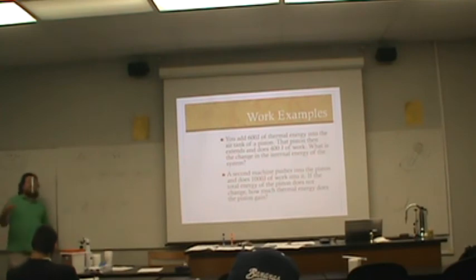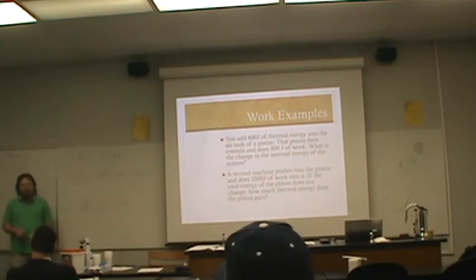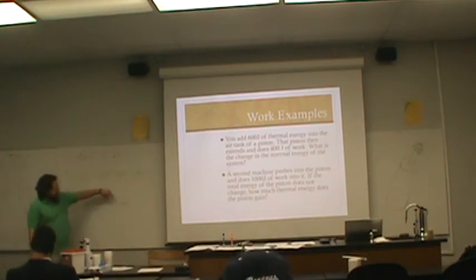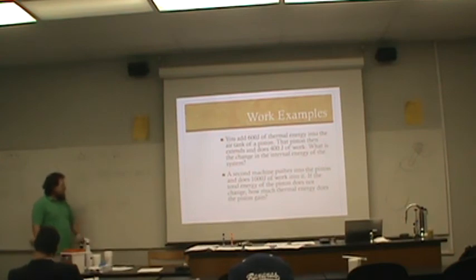When work is done on the object, you plug in a negative number, because that's not work the object is doing, it's work done on the object. But these negatives will cancel, so ultimately this will be Q plus 1,000. However, we are solving for Q. 0 equals Q minus negative 1,000. So if you were to do this,